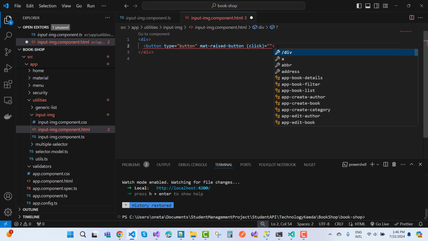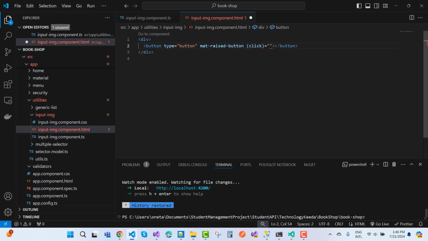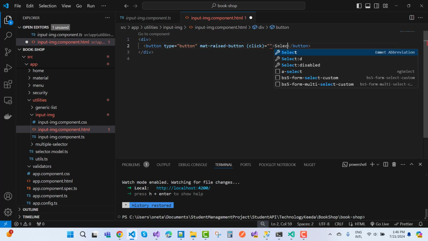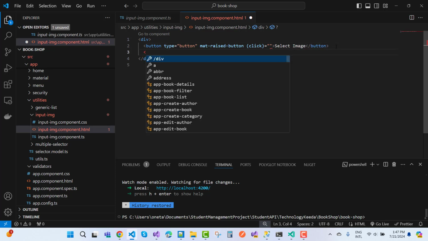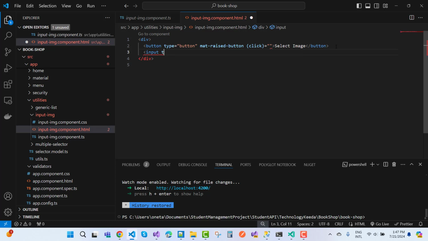The click is empty right now because I want to choose input type equals file here. The type is file, and by default it's hidden because I want to show only the button. When we click on the button control, on that time the file